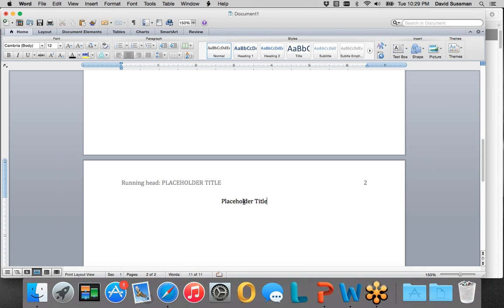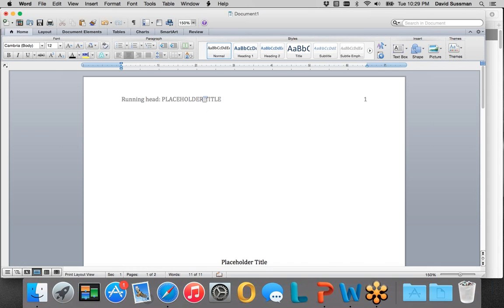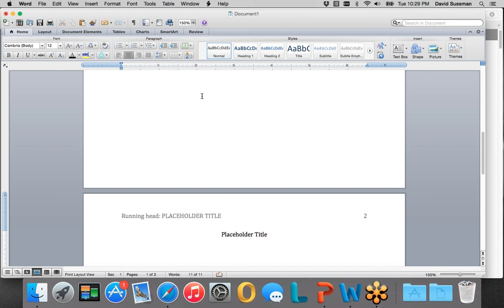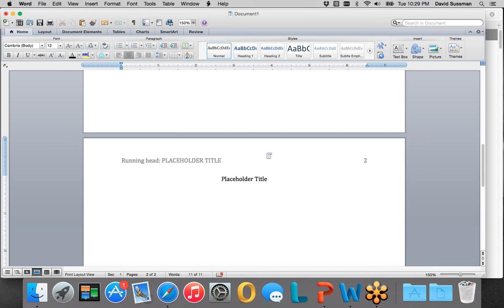Note, we're not going to bold it. We're not going to underline it. We're not going to italicize it. We're not going to put it in size 18 font. We use one font size and style for the entire document, from top to bottom, all the way down to the references page when we get there. One consistent font size and style. We're going to hit enter once, not 10 times.